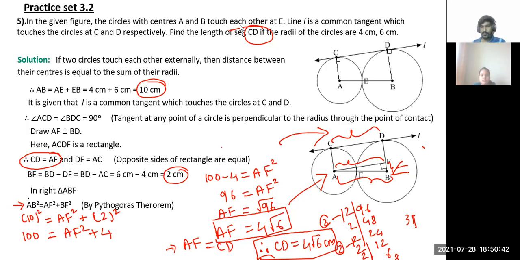In this step, BF equals BD minus DF equals BD minus AC equals... So 6 centimeter is BD, right? And yes, 4 centimeter is AC, right? AC, so is it yes? Okay, if I write it below? So yeah, BD is...